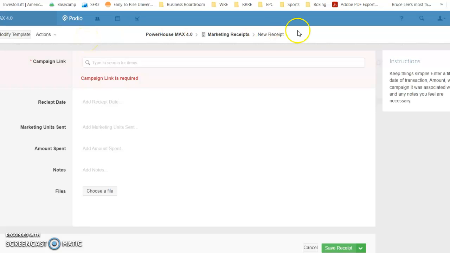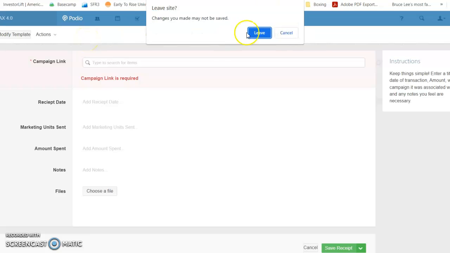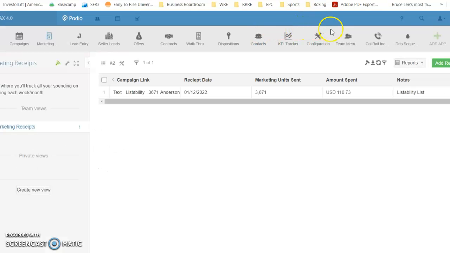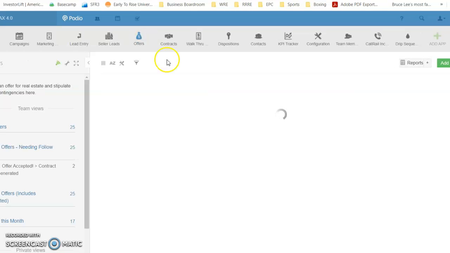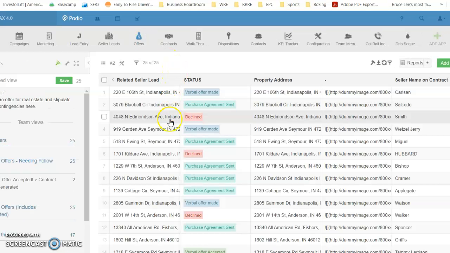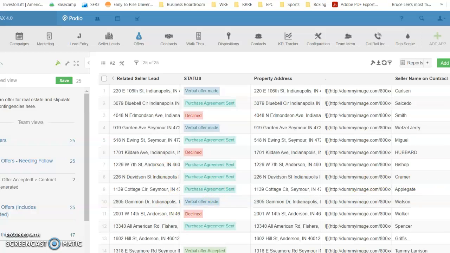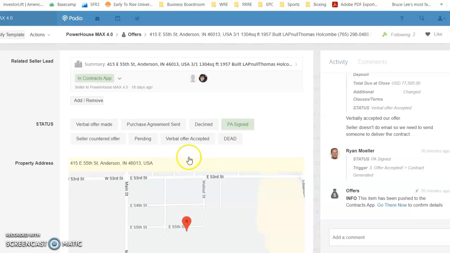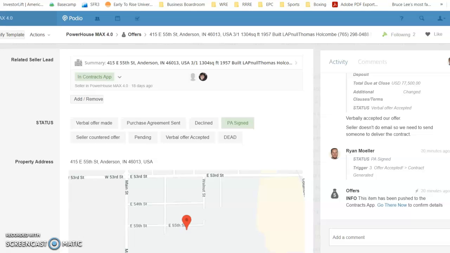So that's easy enough. And then when a deal closes, it may already be in contracts, but we can find it in the offers. And let's see, where is the right here, bingo, 55th. So this one is closing today,